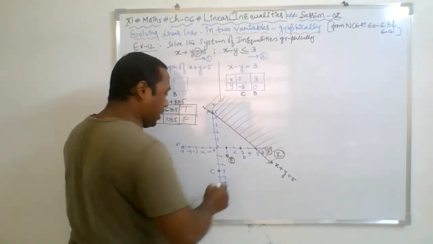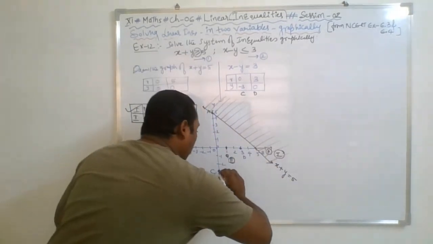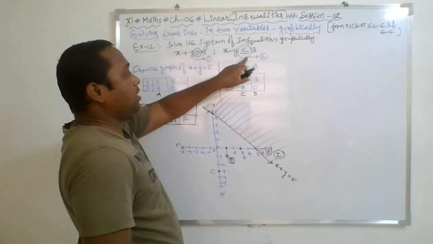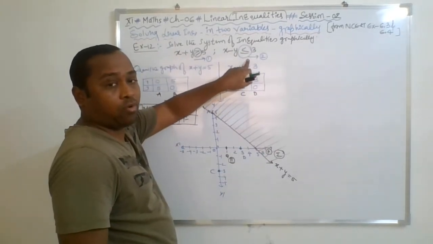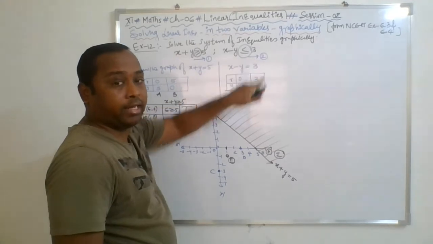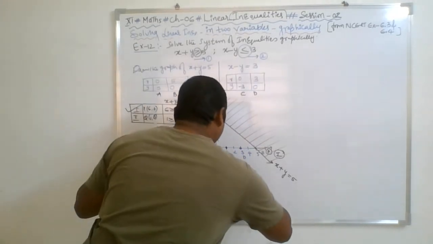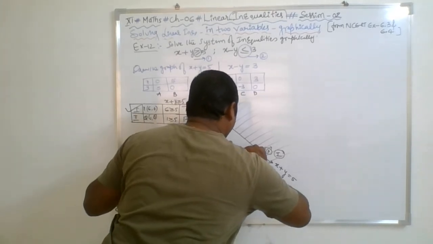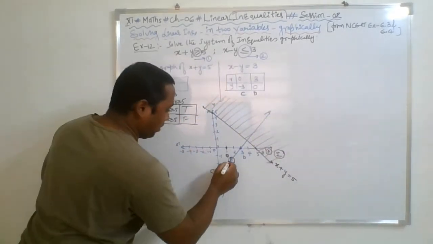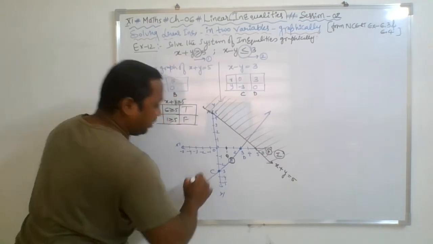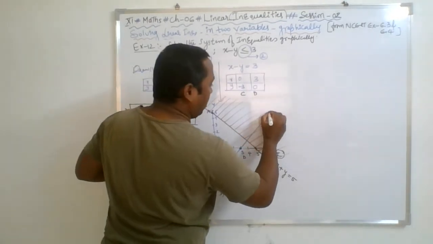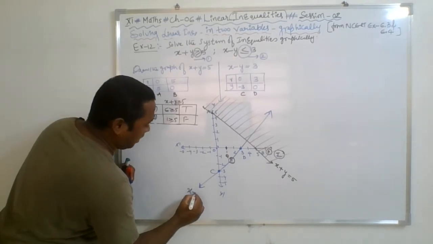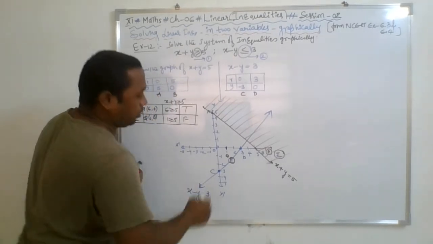Just by joining them, you will be able to get the graph of this, and it also involves the equal to sign, that is what we call slack inequality. Again the darkened line will be there. You may extend it. So immediately write the equation of this graph as x minus y equal to 3.